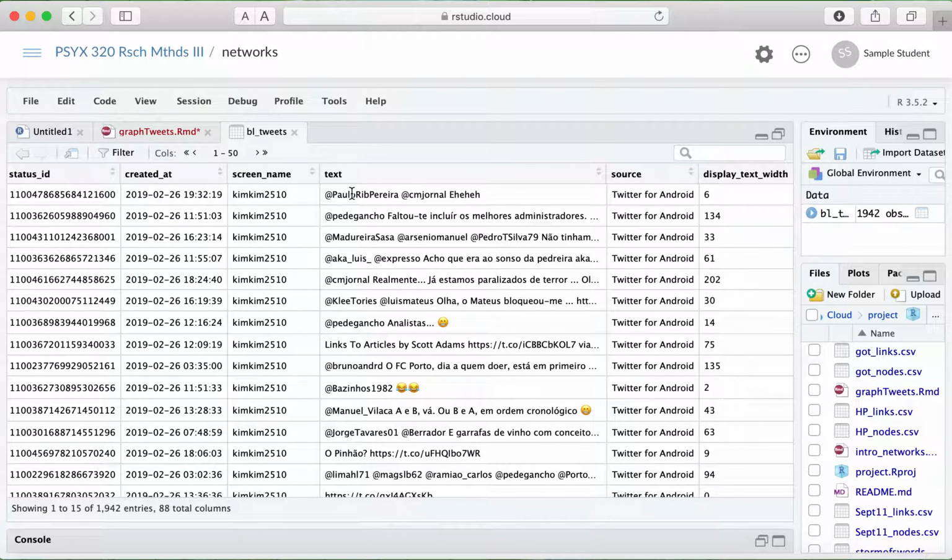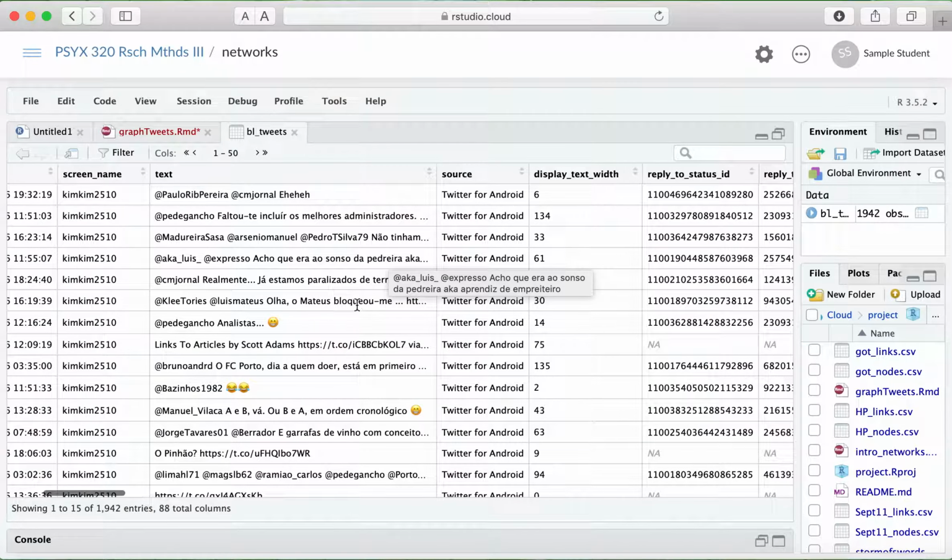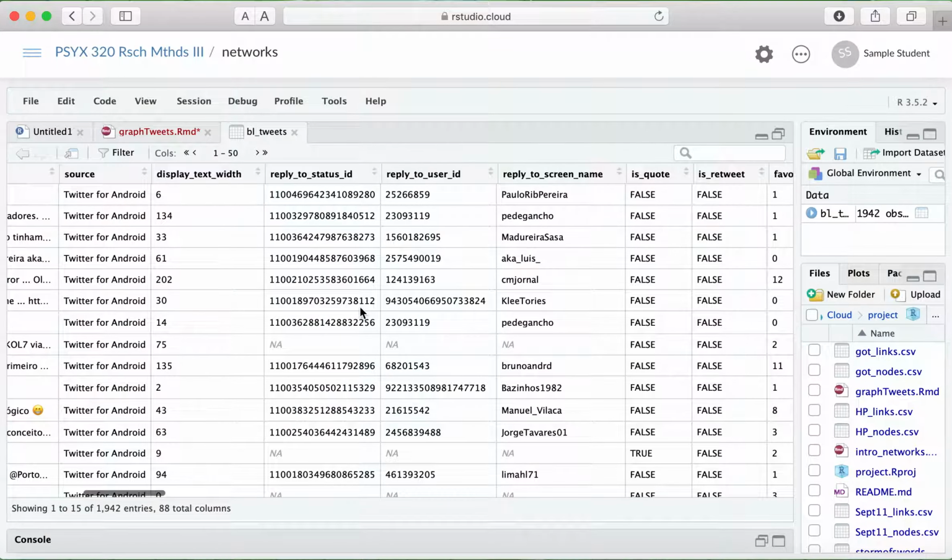That's called a mention, and that creates a link between this Kim and this Paulo Rib whatever person. And so we could do a network, putting a line between those two individuals. So that would be one way. It's called using mentions. We're going to do that a little bit later. What we're going to do first is